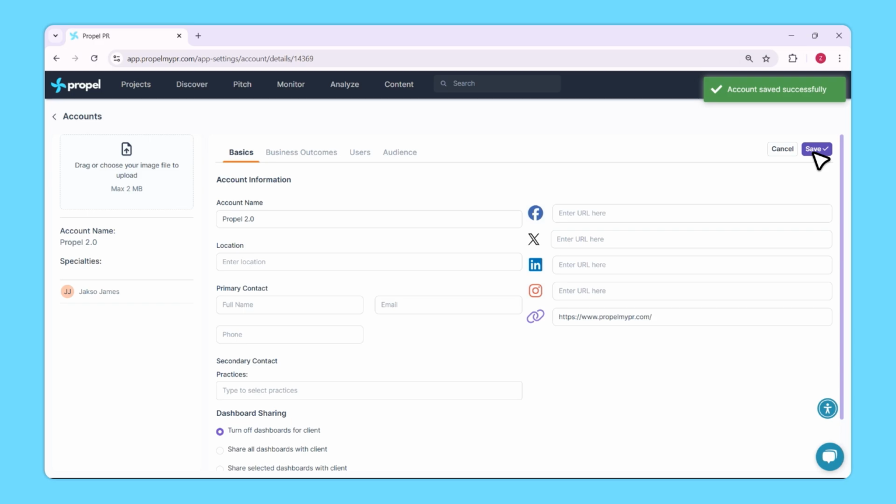That's it. You've successfully set up a new account with a media list and monitoring alerts, all in just a